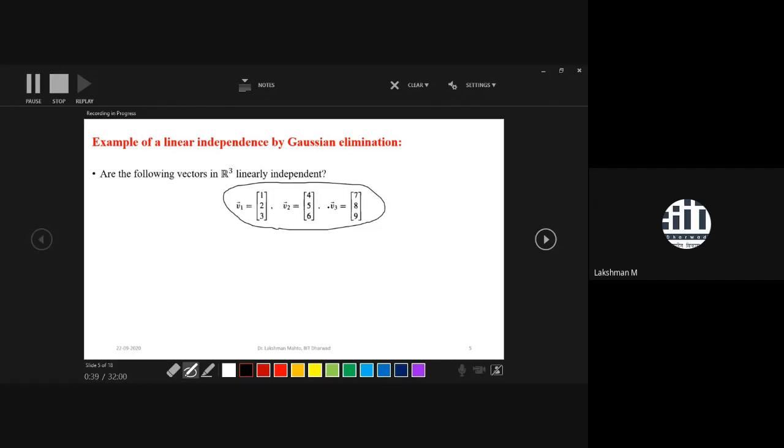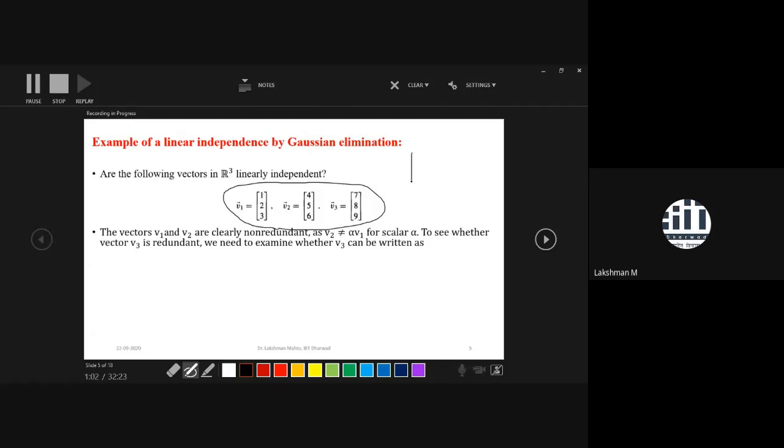So what you have to do is go for a more systematic approach. Here first we will see the first two vectors. Clearly, from the vectors themselves we can observe that v2 can't be written as a linear combination or scalar multiple of v1, because v1 has entries 1, 2, 3, and v2 has a different direction.